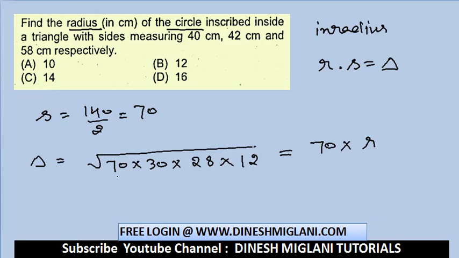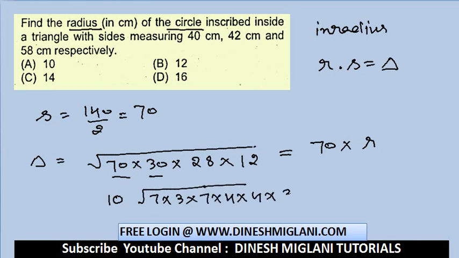What you can say, 70 and 100, so 10 could be taken outside as common. Inside you are being left with here 7 into 3. This 28 is taken as 7 into 4 and 12 is taken as 4 into 3, right? Now 7 can be taken outside, so this would be 10 into 7, 3 and 4,